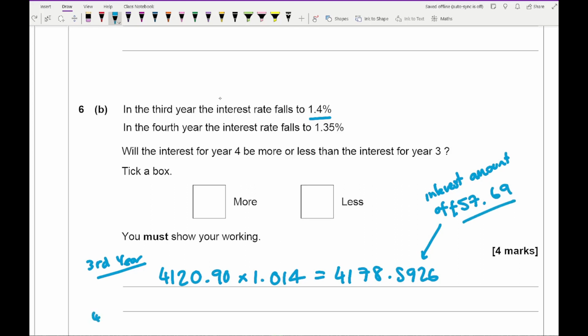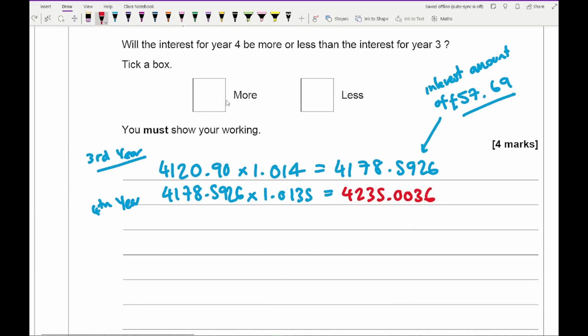So then for the fourth year, the new amount is 4178.5926, and we use the exact values, not rounding, multiplied by 1.0135. And I get an answer of, and actually we do that in a different colour, so I get 4235.0036, and that is an interest amount